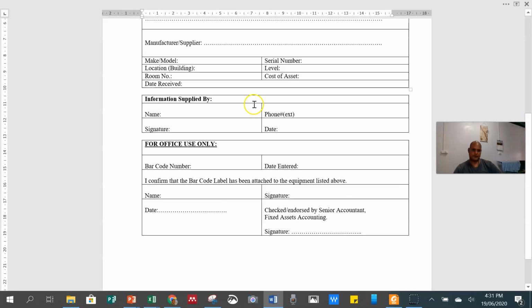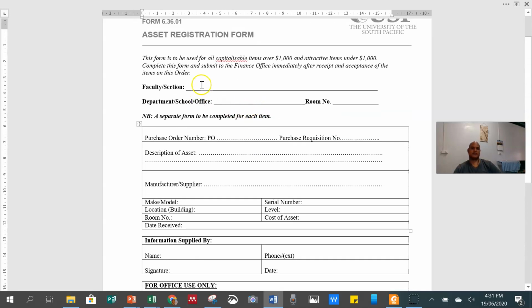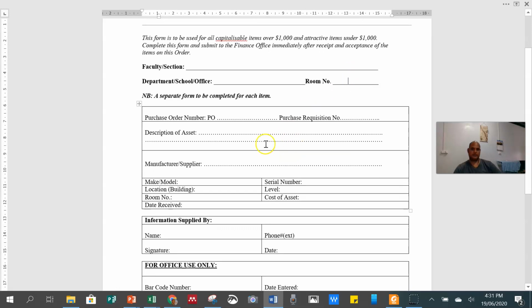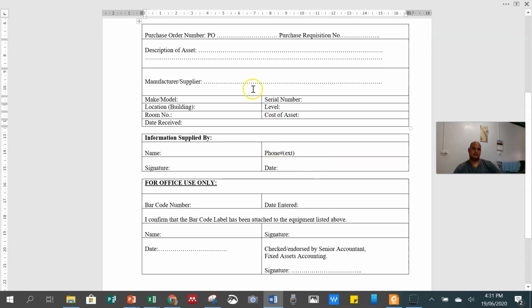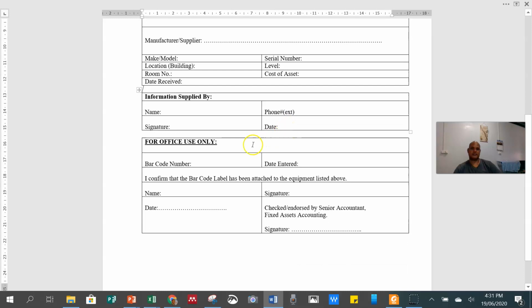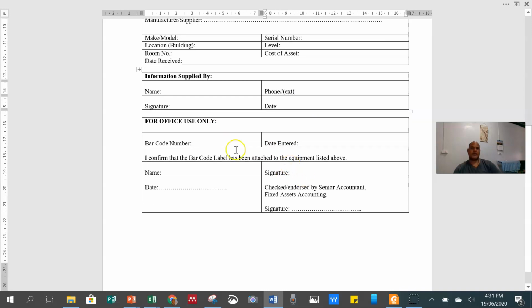If you look at this form, it consists of all the information that you need to fill in: your faculty, your department, your room, your purchase order, your requisition, the description of the asset you are going to acquire or have already acquired, the model, serial number, and so forth. The cost of the asset, the date that you received it, and also the supplier name as well as the phone contact, etc.